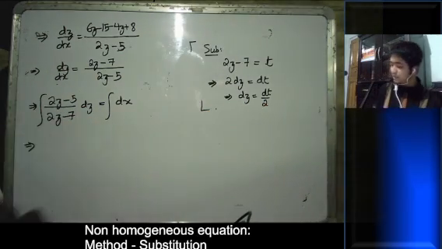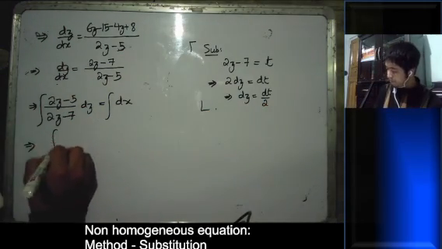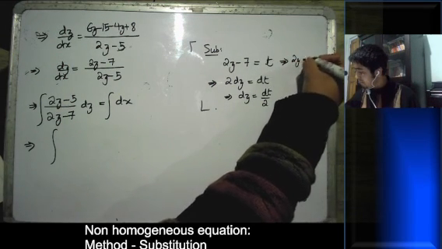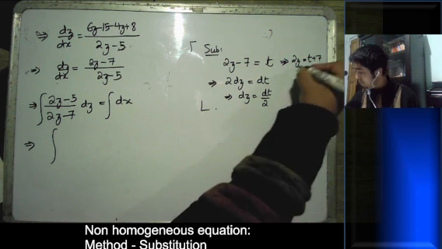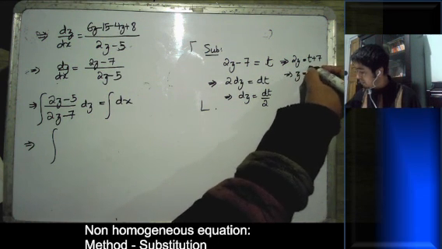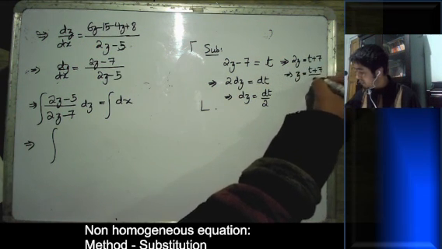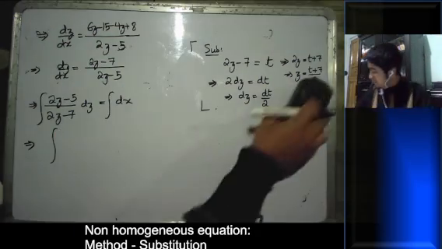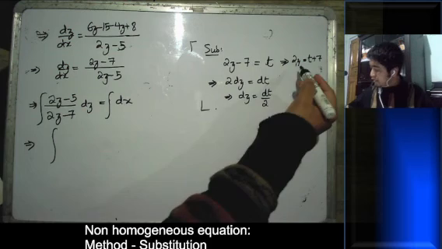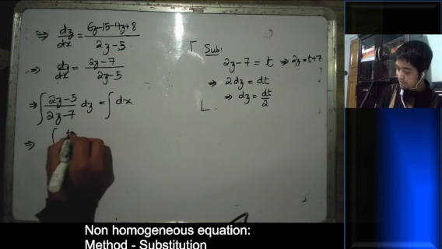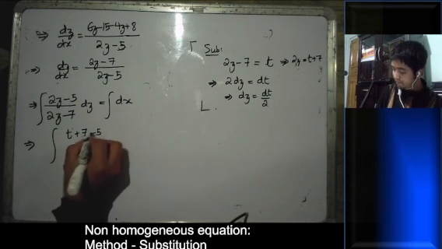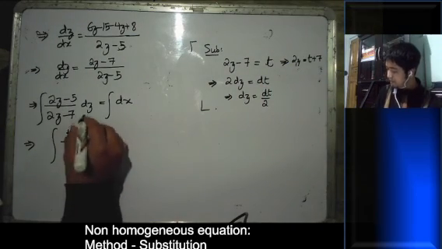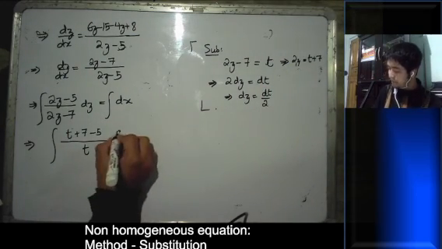Okay, so substitute it here, and from over here you will be having 2z equal t plus 7, which gives z equal t plus 7 upon 2. Okay, so 2z is t plus 7, so t plus 7 minus 5, 2z minus 7, it is t, dz has been changed into dt by 2,